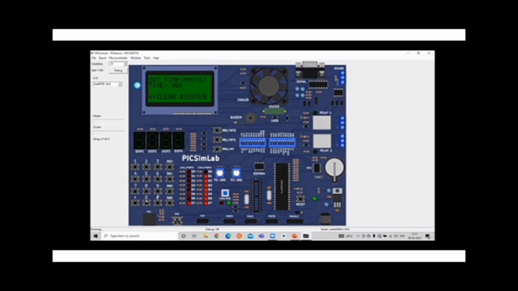So to resume the time we need to press 4. So we can see it resumed with 4 and the fan has started rotating, and the buzzer is on beyond the left side. So here is the buzzer sound. The buzzer sound is here, and the cooking is completed and displayed on the screen.